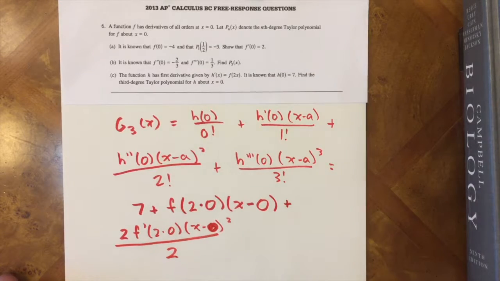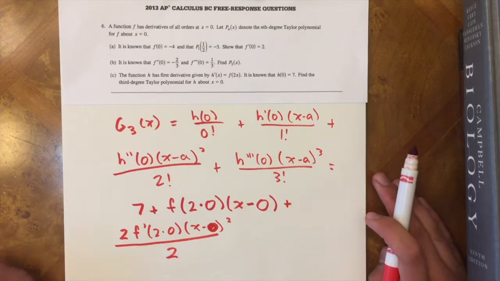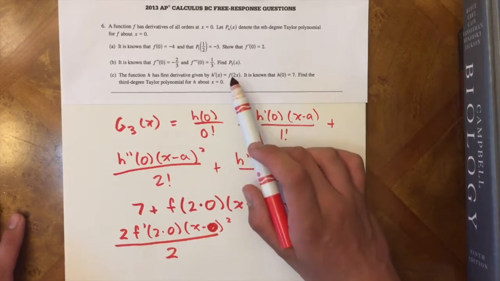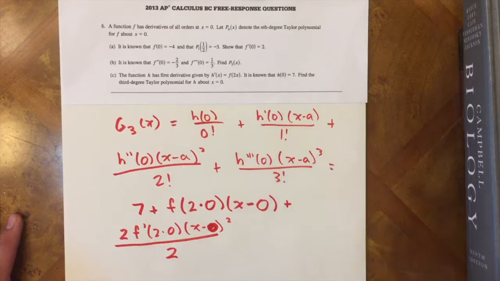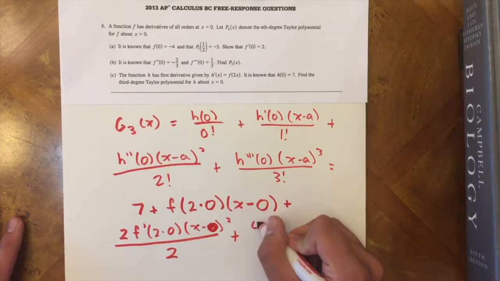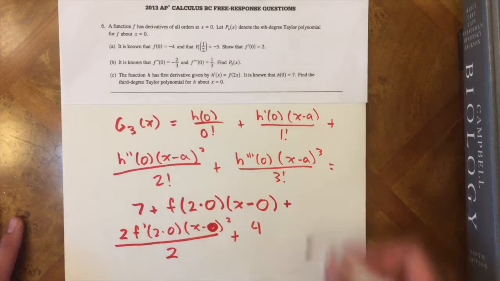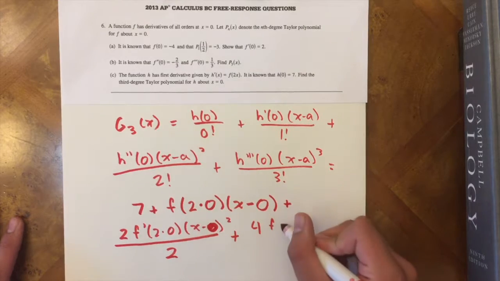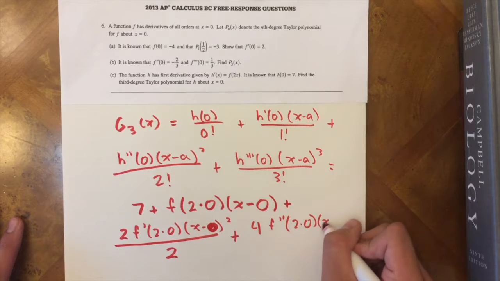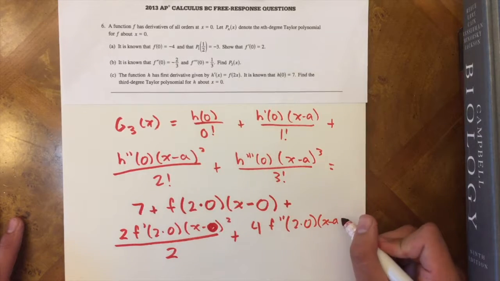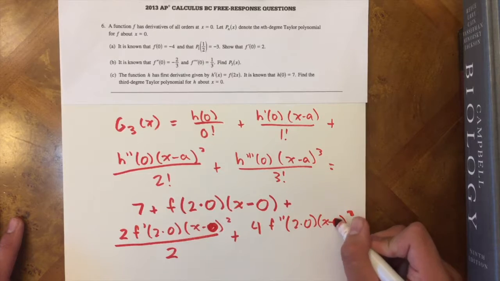So why did I put this 2 in front of the f prime of 2 times 0? Well, if you see here, when we take the second derivative of h of x, we're going to have to take the derivative of f of 2x, and there's a chain rule there. We have this residual 2 that must be put on the outside. So we have that 2 out there. And then we're going to add the last part, which is 4. Since we have the chain rule again, we need to multiply it by 2 again. We have the f double prime of 2 times 0 times x minus a, cubed, where a is 0, divided